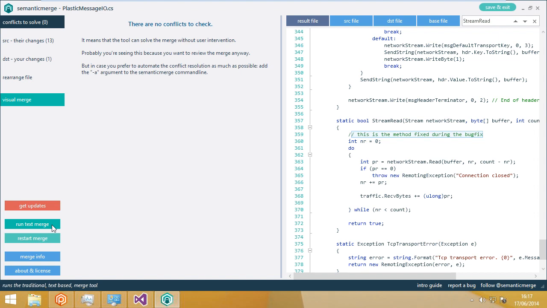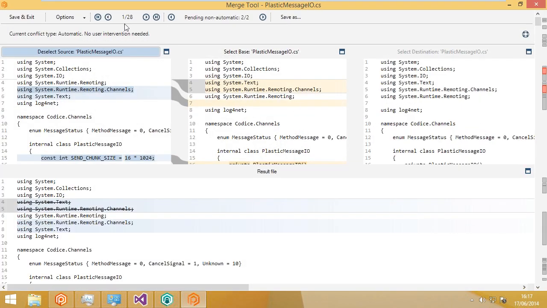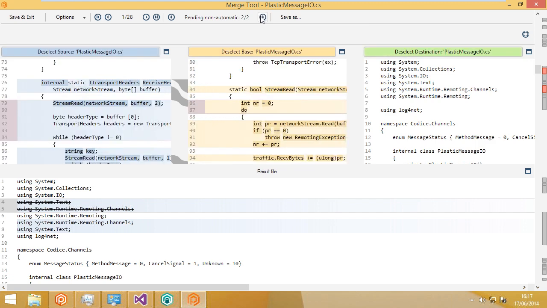I'll just run it with the external test merge tool and see what happens. Okay, if you merge it with the text tool, it's finding two non-automatic conflicts, as you can see here. So user intervention is needed, while in Semantic it was completely automatic. But more interestingly than that,